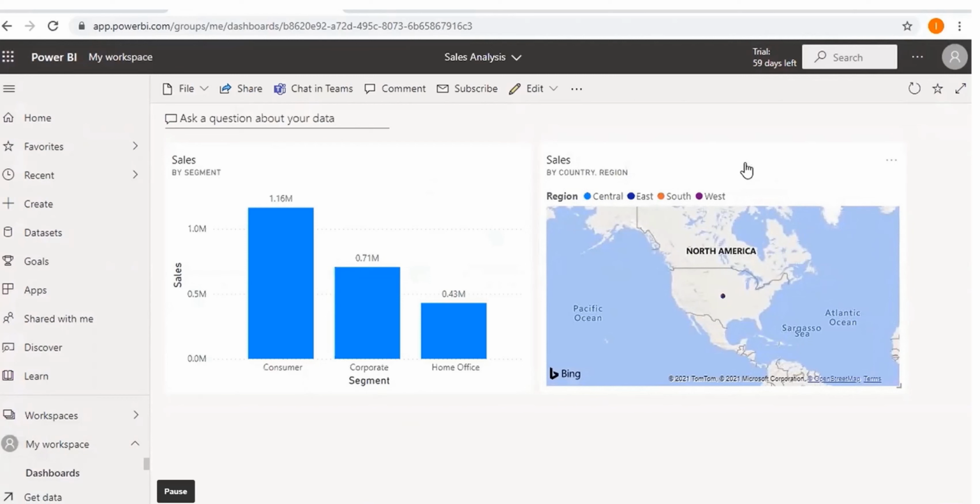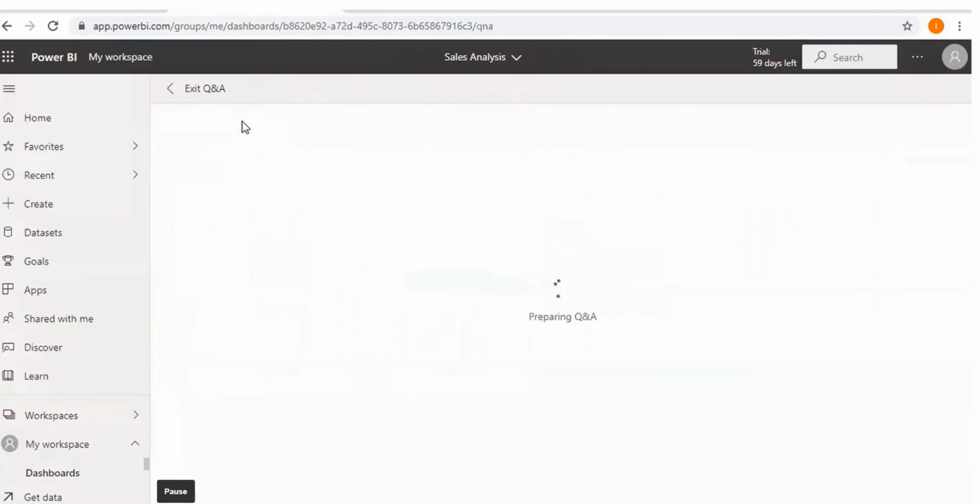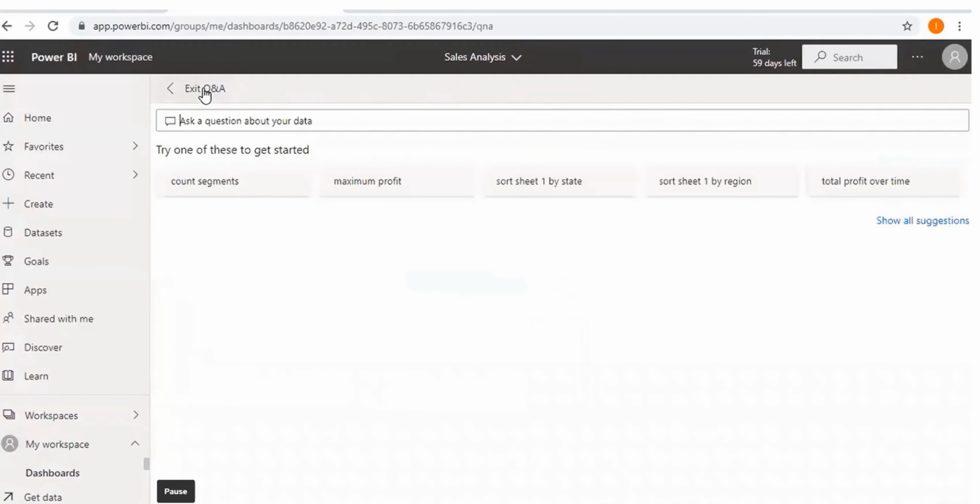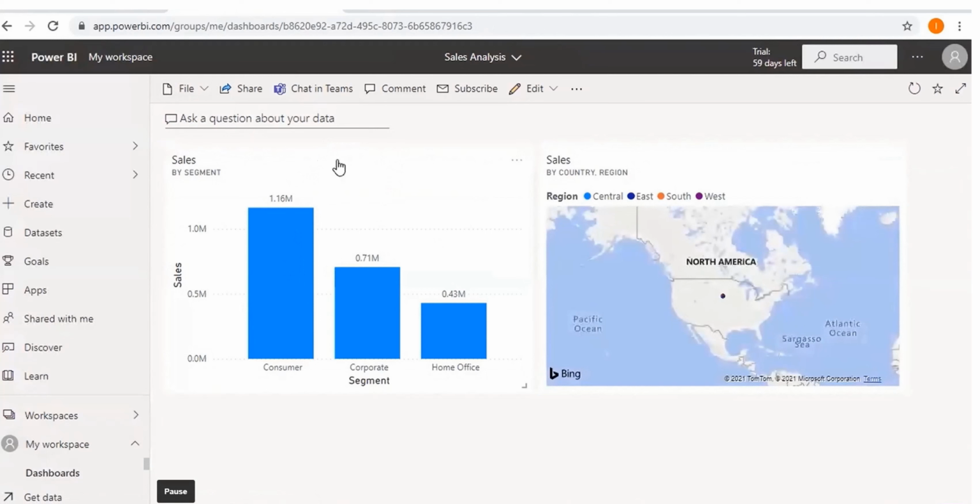Okay, so now what is this? Ask a question about your data. A very beautiful feature given by Power BI, that is called natural language processing. Sometimes the people who are working on these, the stakeholders, are not technical people. So it is very difficult for them to understand in this way. So what they can do is go here onto this Q&A section, and let's say I want